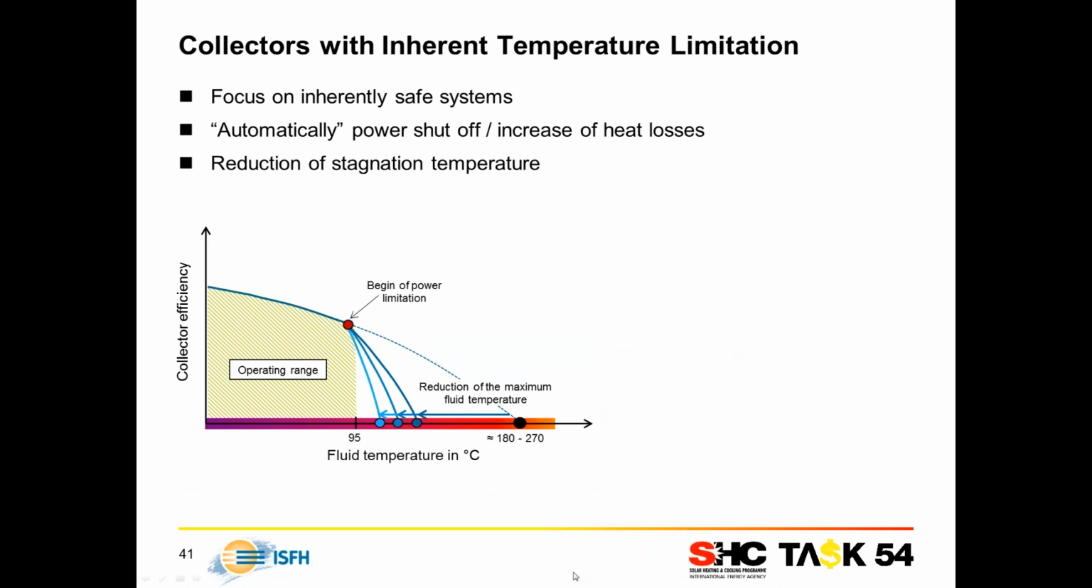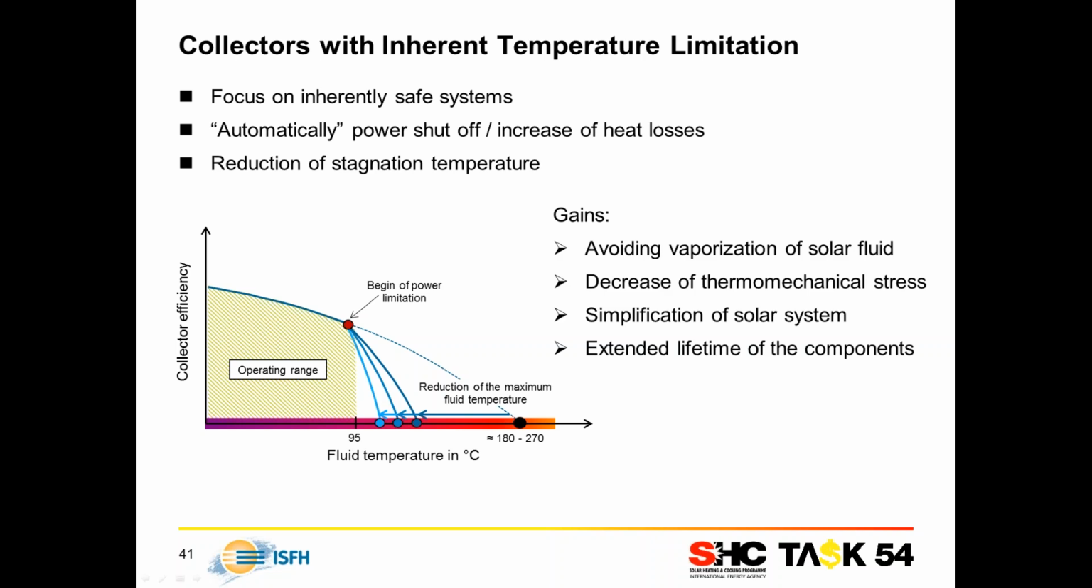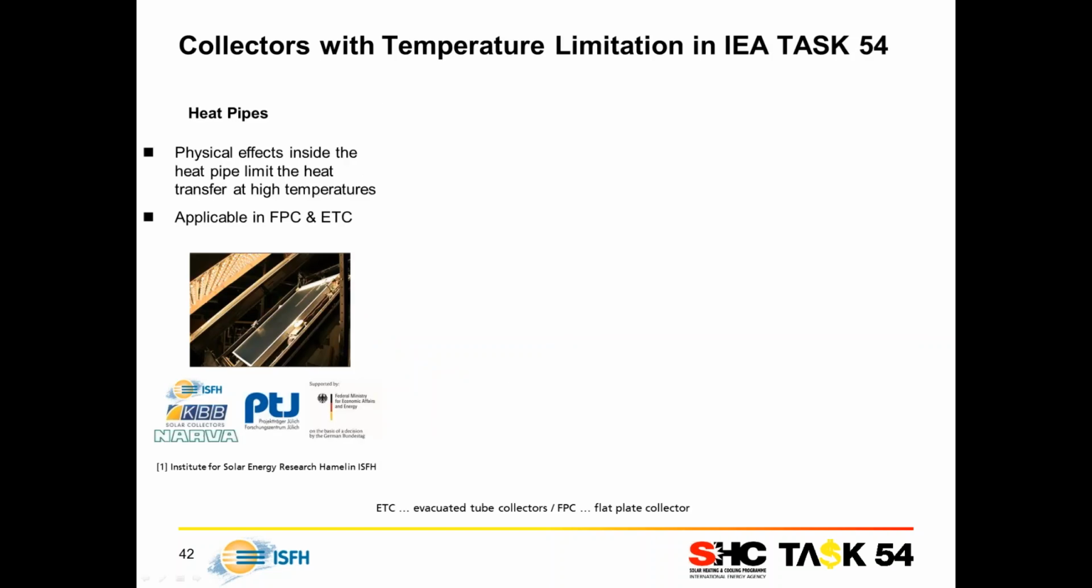You can see it in a geometrical drawing of an exemplary collector efficiency curve. In stagnation mode, the maximum fluid temperature is significantly reduced, and vaporization of the solar fluid can be avoided. In consequence of this, the solar system design can be simplified and the lifetime of several components can be extended. To reach temperature limitation like this, we have different R&D activities in the IEA Task 54,